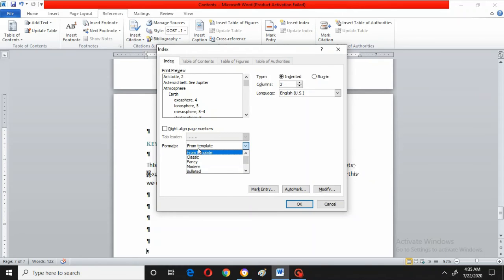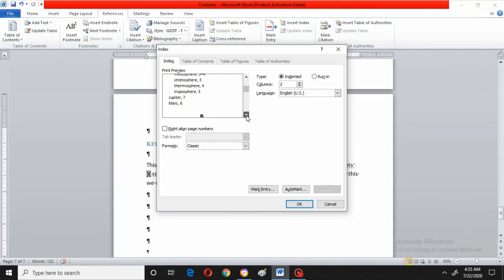Suppose I take classic, it will be like this. Can you see here A according to the alphabetical order, B, like that it will show. Now if you go for fancy it will be a somewhat different style, and if you go for modern a different style, right, like this. If you go for bulleted, all bulleting things will come.